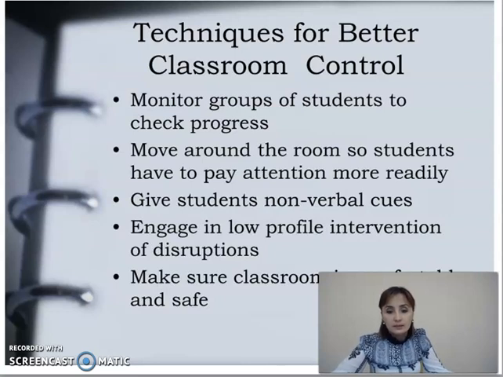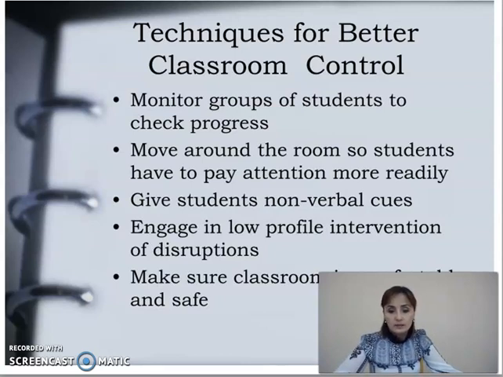The next item is give students non-verbal clues. It is not always useful to give verbal instructions. Sometimes teachers should use body language too. It is non-verbal instructions. Non-verbal communication is also very effective. But non-verbal communication, gestures and body language, should be used in a balanced way. You shouldn't overuse those gestures, for example, hand gestures or other ones. Everything should be in a balanced way.